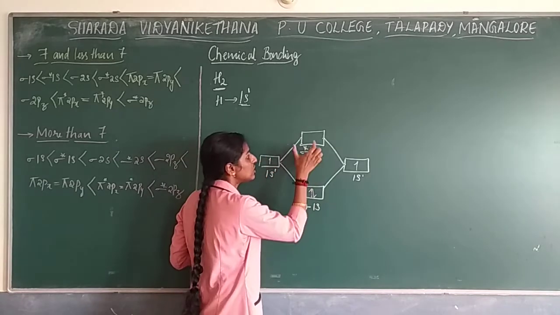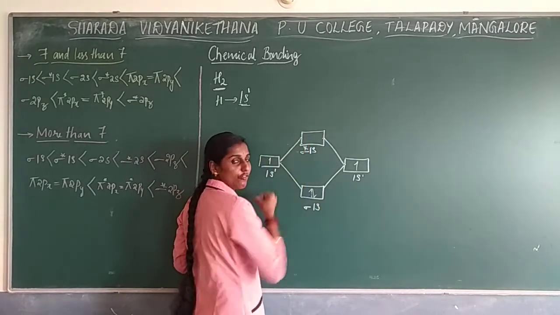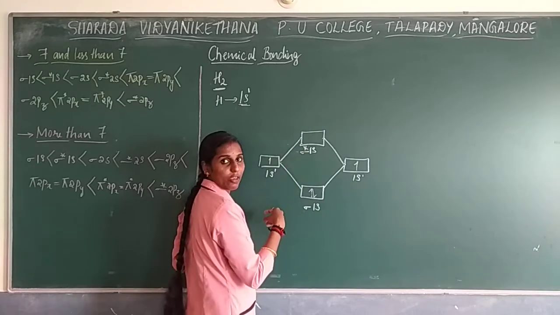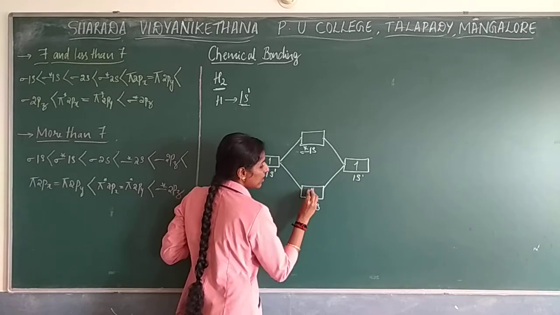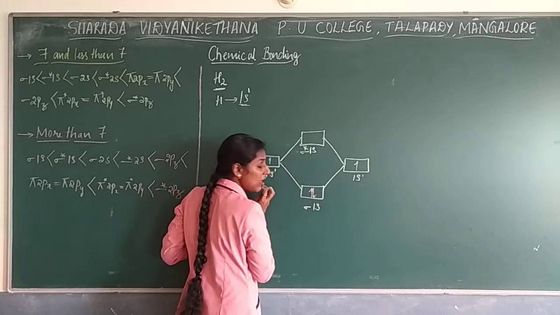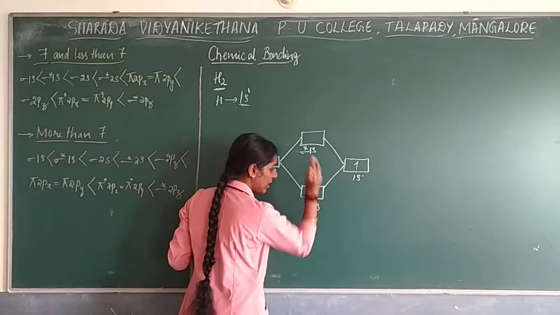So this is lesser energy and this is more energy. So you cannot give one electron over here and another electron over there. Filling can take place in this order itself. So 2 electrons are present, and in this orbital having the same kind of energy, you need to give both the electrons over here.